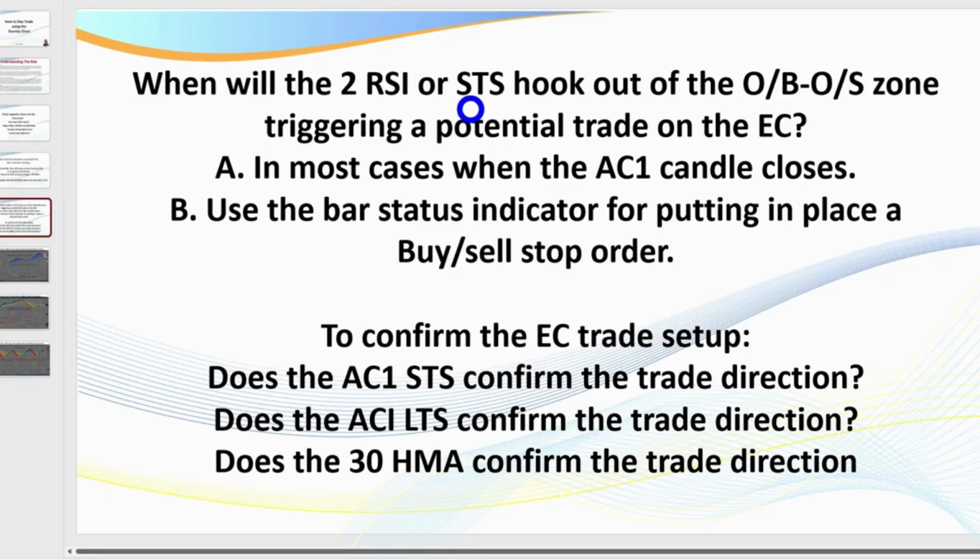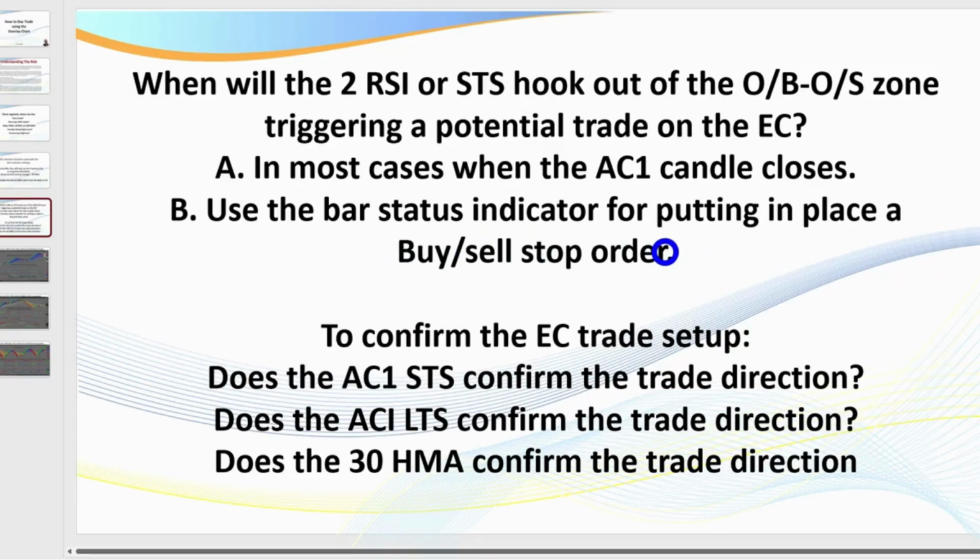So ideally, some of your best trades are going to be when you're overbought or oversold with your RSI or your short-term stochastic, and when they hook out of those overbought oversold zones, you're generally going to find you've got a rule of 1 on your anchor chart 1. By using the bar status indicator on the anchor chart 1, or looking at that on a separate chart, or even having it off to the side, that will tell you where to put in a buy or sell stop order,